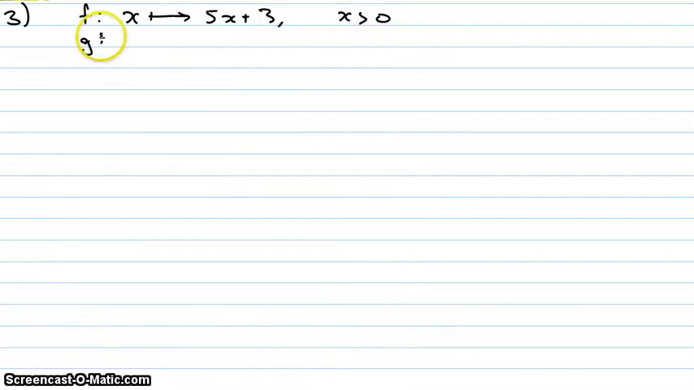Tutorial 4, question 3. Tutorial 4 question 3 gives us two functions: f that maps x onto 5x plus 3 for x bigger than 0, and g that maps x onto 3 over x for x bigger than 0. Find in similar form fg